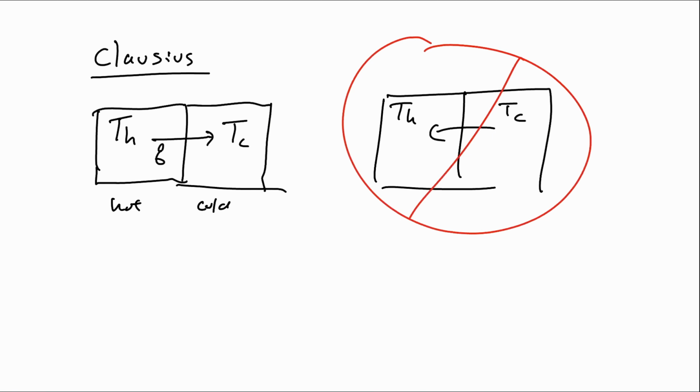Heat does not flow from cold to hot. That's what he said. And you might say, this is obvious, but it's a very interesting history of thermodynamics and how people figured out